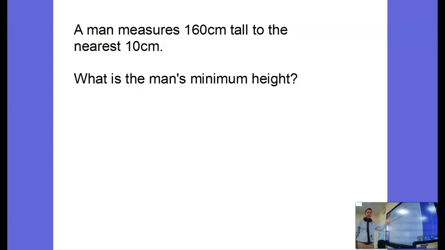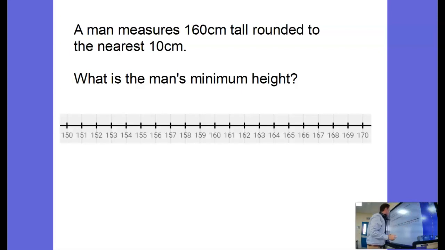So if we've got a man who is measured 160 centimetres tall to the nearest 10 centimetres, what would be that man's minimum height? So he's rounded his height up. He said, I'm roughly 160 centimetres. What would be the minimum that he could have been? Well, if we think about a number line there, if I've got